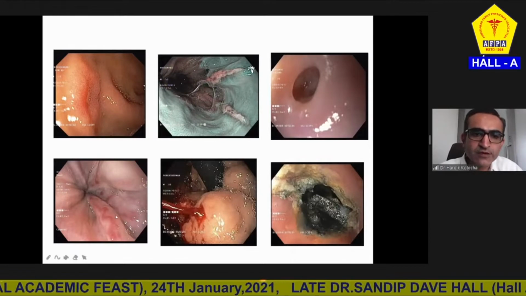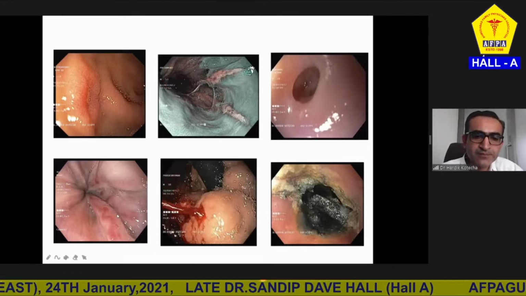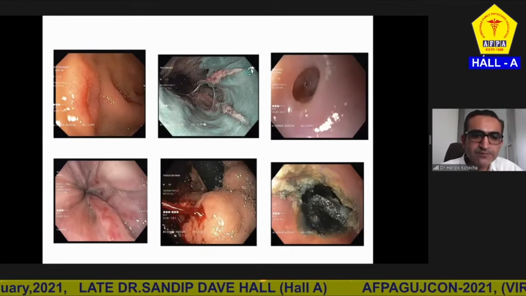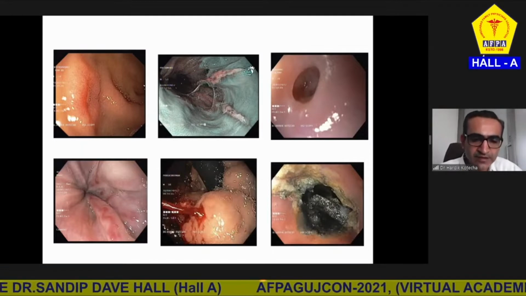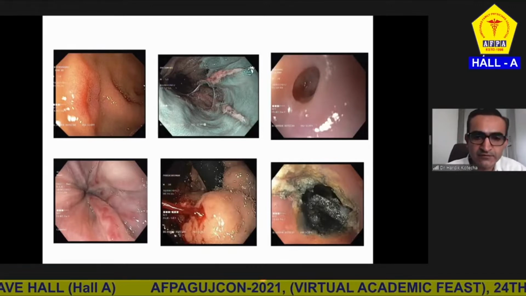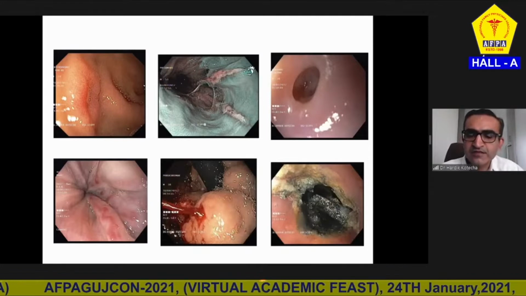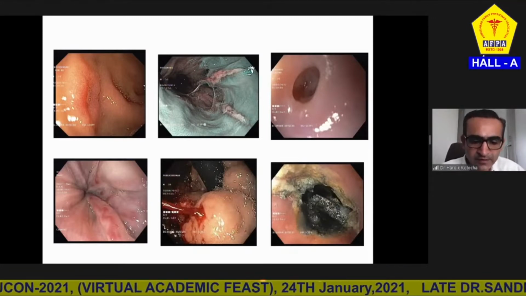The fourth image is showing large esophageal varices which can be seen in patients of portal hypertension, which may be because of cirrhosis, which is the leading cause of portal hypertension. And we can see red wale marks over these. So these varices are at high risk of bleeding. The fifth image is showing a bleeding fundal varix in a patient with cirrhosis and portal hypertension, which is a nightmare for the endoscopist. We have to inject glue to stop the bleeding.